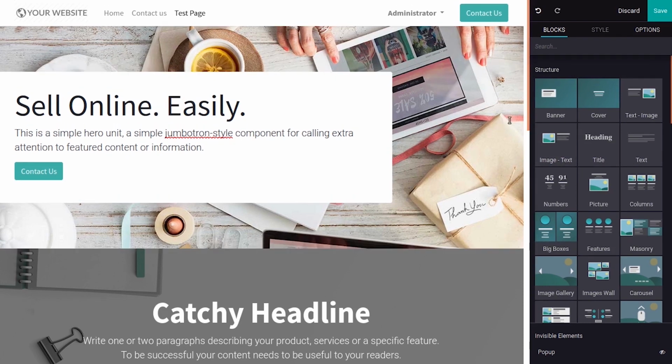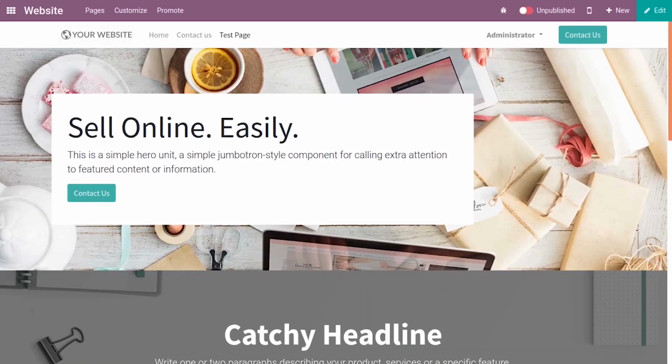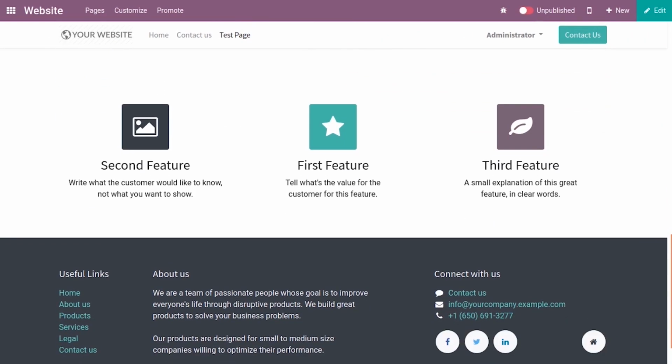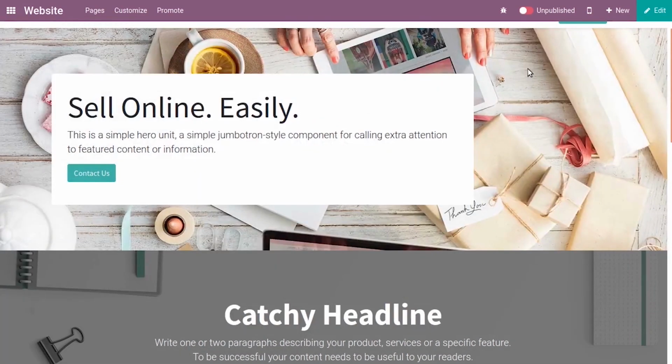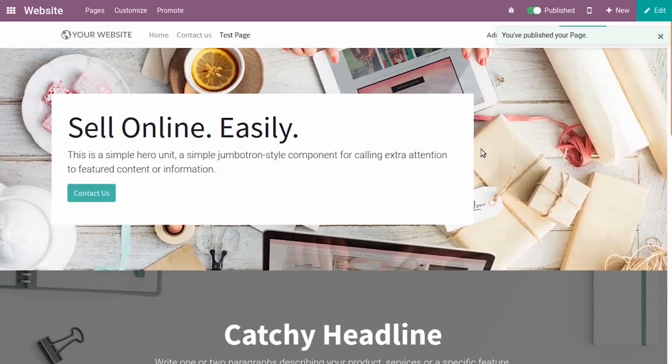So after making the changes you can just save it. Now you can see the overall view of the website like this. If you have added a pop-up like this, it will be displayed after the particular mentioned time. Now you can just publish your website like this. Using the publish button you can publish the website. So now the website is published. So like this you can easily create a website in Odoo 14